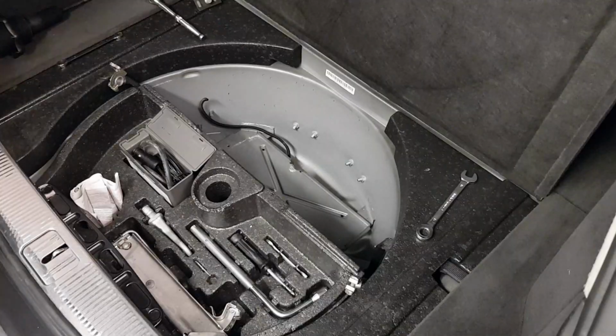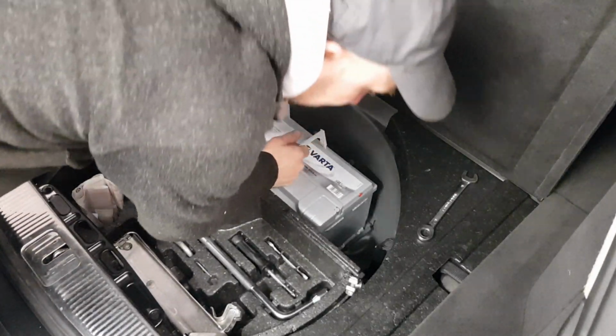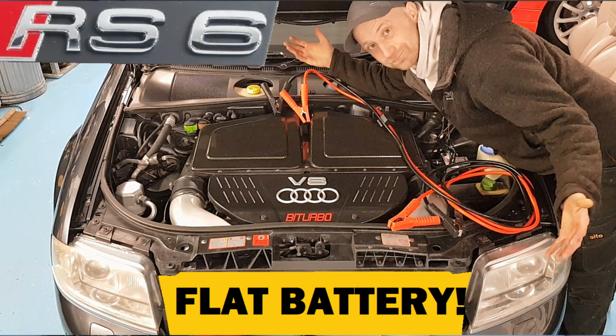So one job that does keep getting mentioned, that I did promise you I was going to do, when I fitted the new battery in the boot, I had all the parts to put a positive jump point in the front. So if it ever got a flat battery or it needed a jump start, there's nothing in the engine bay on these to get power to it. Not very helpful if you've got a flat battery and your boot's full of stuff. But to be honest, since I've fitted the new battery, I haven't had any charging or battery problems at all. So I've kind of put it on the back burner. But I will get around to it. I will do a video of getting the charge point in the front, but I'm just super pleased that it's